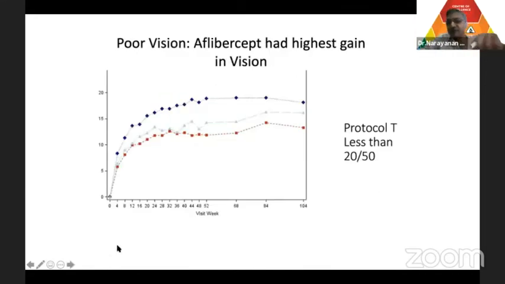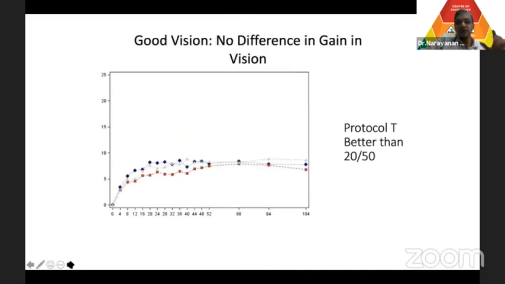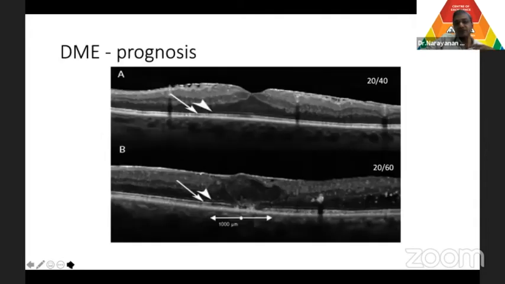I think it's my timer, so I'll just go to the next slides fast. You have to consider the baseline visual acuity to decide what the improvement is going to be. Like in this case, if it is ERM with 20/40 vision and good ellipsoid zone, you can do surgery and the patient will improve very nicely. Whereas this patient has edema, disrupted ellipsoid zone and 20/60 vision, this patient probably will improve 2 to 3 lines and not more than that.